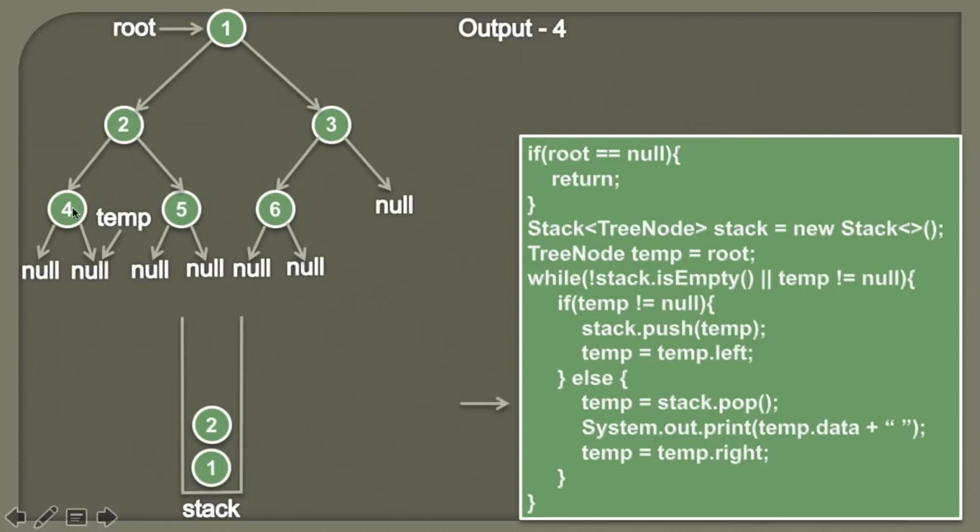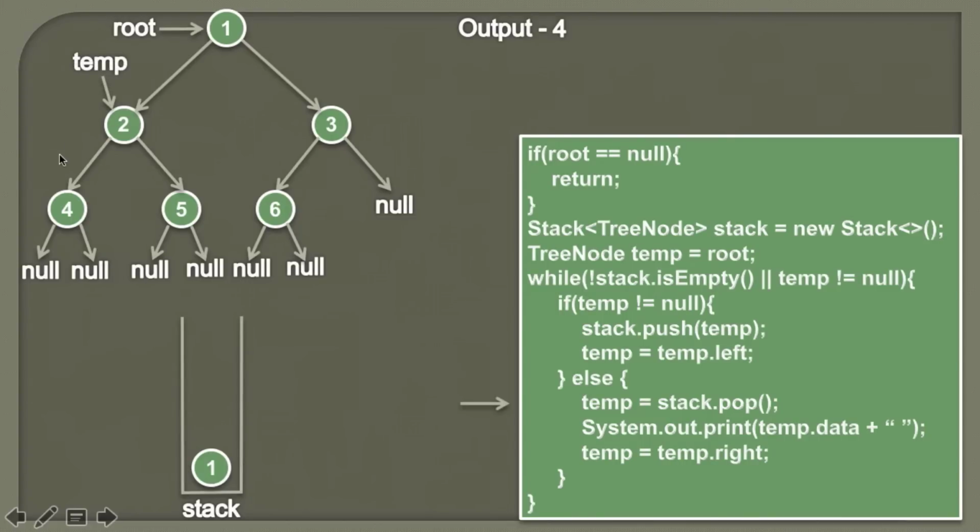Here you can see for node 4, its left is pointing to null and its right is pointing to null. It means there are no nodes on the left and right side of node 4 to be traversed. Therefore for node 2 we have completely visited its left subtree, because we have printed the output 4, which means we have traversed this node. So here we are again popping an element from the stack and assigning it to temp. When we pop an element from the stack, we know that it's node 2. So it would look something like this. Node 2 is popped out and its value will be assigned to temp. So now temp will point to node 2.